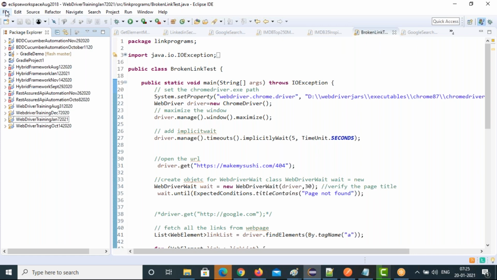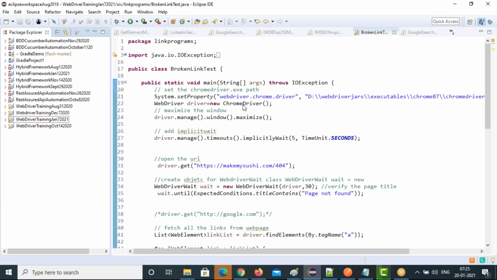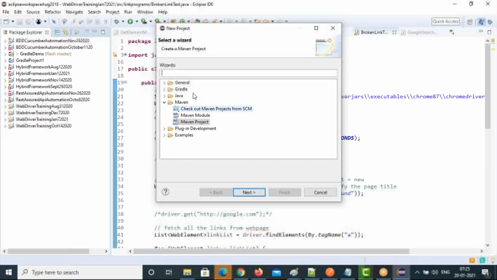Right click, File, New, Project, and select Maven, because we need to add many REST Assured jar files. If you don't find it, search for Maven in the wizard section. Then go to next.